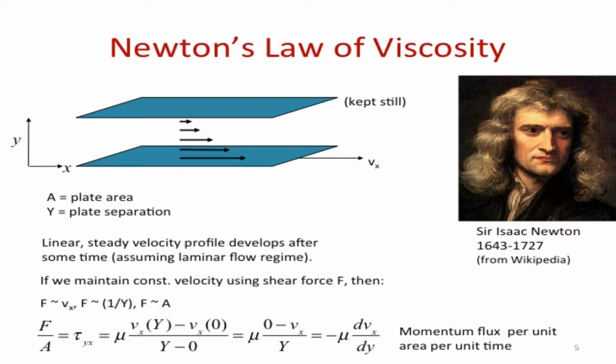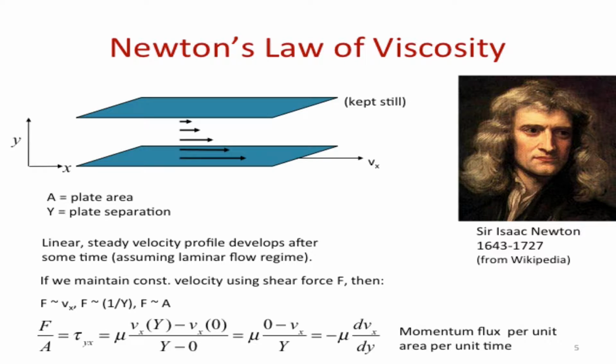So when I put that together, and I normalize it by area because I don't necessarily always know the area, then this force per area, this is what I'm going to be referring to as shear stress, okay, is proportional. So my coefficient of proportionality we will refer to as mu, to the difference of velocities divided by